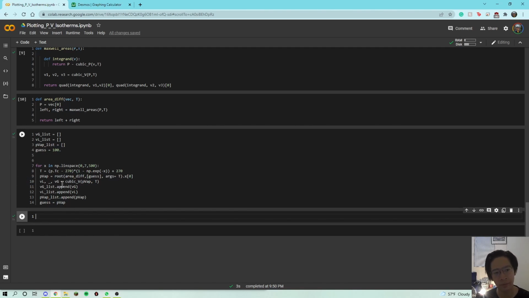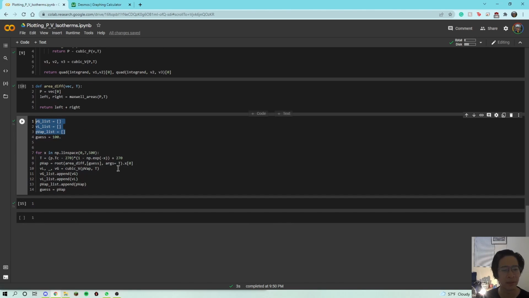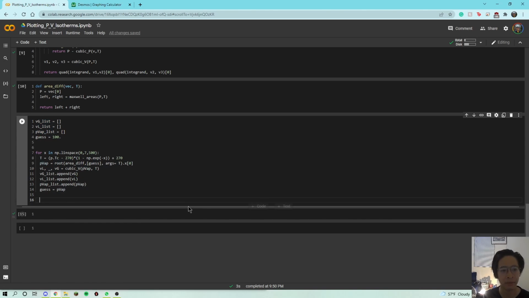But then you're starting to wonder, okay, we want to plot it, but look, we have three arrays. So how are we going to deal with that? Well, we can smush these arrays together, right? Remember numpy from W3 schools. So we'll call this vplot, v volume for plotting purposes, equals, and we're going to start with the liquid on the left because it's the smaller specific volume. So vl_list plus,